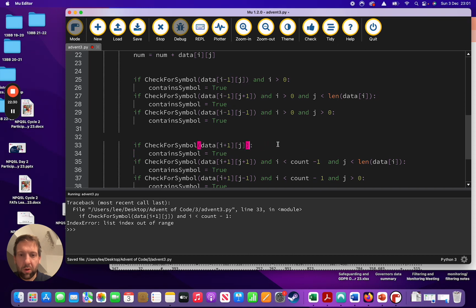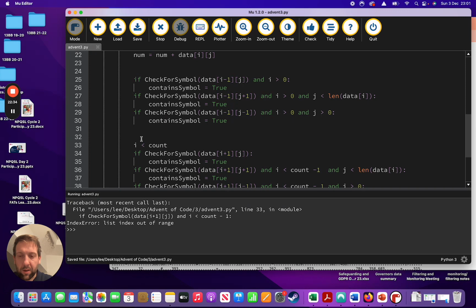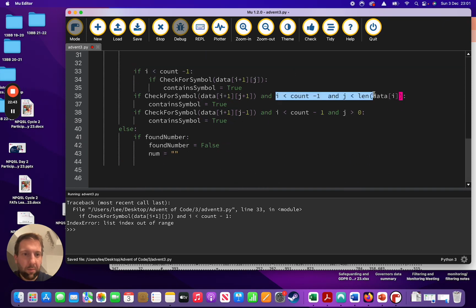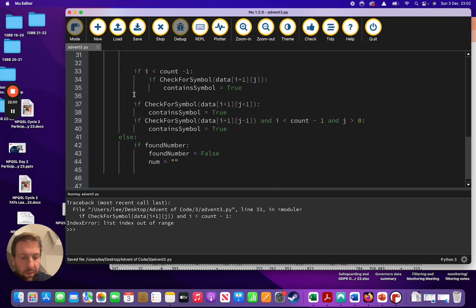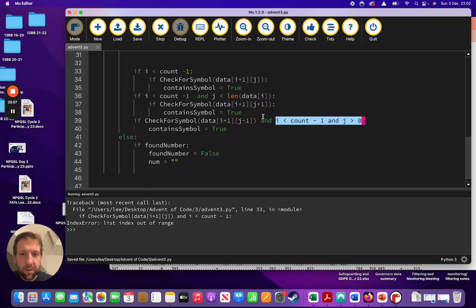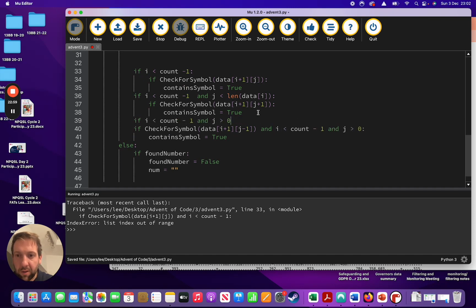So I'm going to do this here. If I'm going to put those, I'm going to specify these values here. If I is less than count minus 1, then I'll do that there. So that one is going to be if... it's got to be an easier way to do it than this, but I can't think of it in a minute, and I'm trying to do it as fast as I can. So if